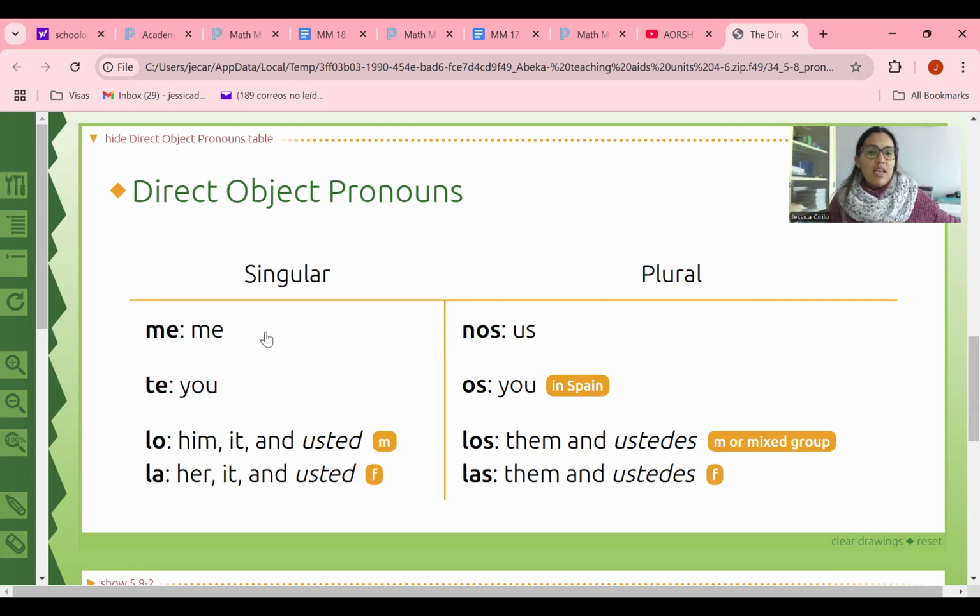So here, me will be the translation of me, te of you, lo of him, it and usted, masculine. La will be for her, it and usted, feminine. Nos will be for us. Os will be for you in Spain. Los will be for them and ustedes for masculine or mixed groups, and las will be the translation for them and ustedes